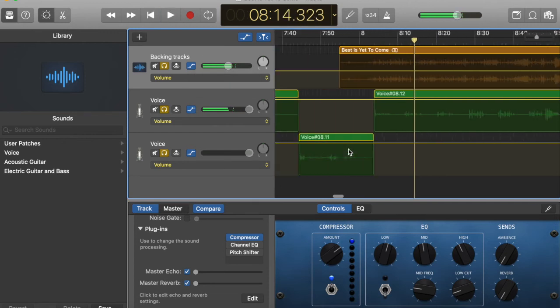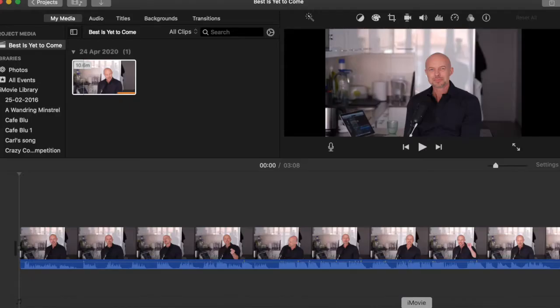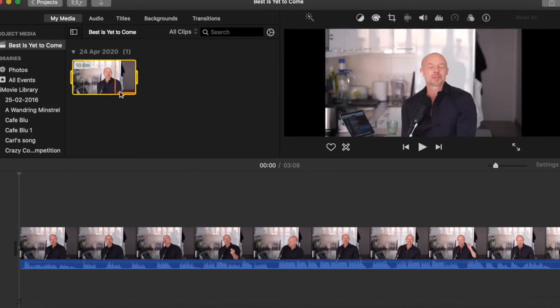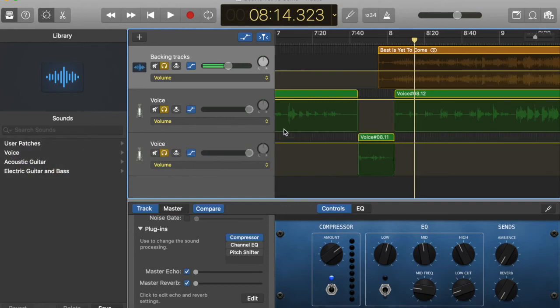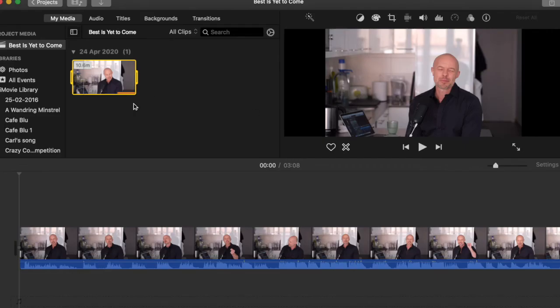When I've done that, I'm going to then save this off. I'm going to export this song with the talk, the song, the vocals and the backing track. I'll save that off as a WAV file, and then I'm going to go over to iMovie. Now here in iMovie I've already got prepared the video track, and this is the same. Going back to GarageBand, this is the same as this. I just had the video record the whole thing, okay, and GarageBand recorded all of the vocals in as well. So it is an exact match for this, and you can see here,